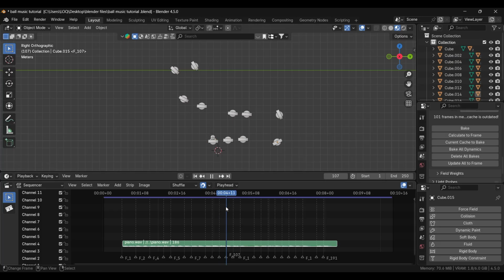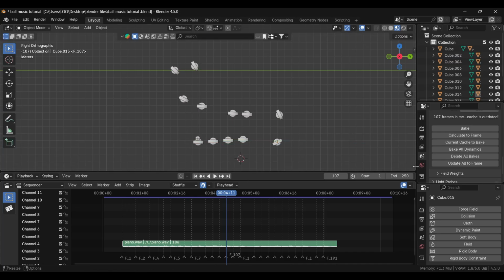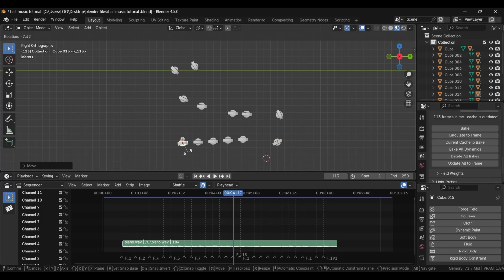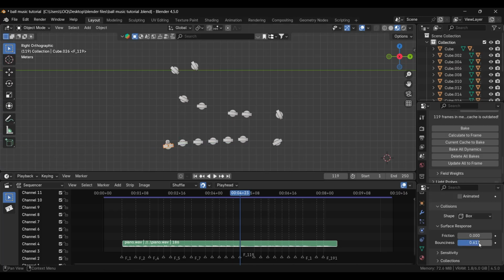Then we'll go to the next marker. We'll calculate the frame and duplicate the node. Adjust it, and there we go. We have to repeat this same step. Go to the marker, calculate the frame, duplicate the node, adjust its position, and there we go. You have to repeat this step, and as you notice that,